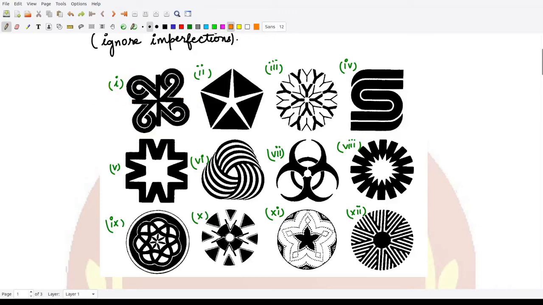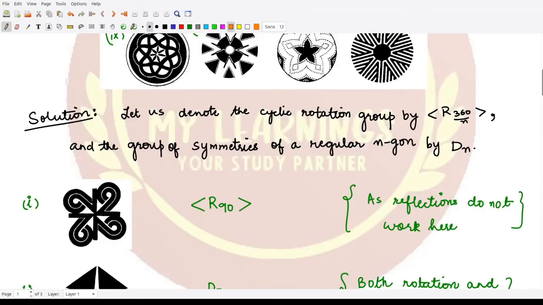What about rotation? If you rotate it like this by 90 degrees, again you will have the same design. Again, if you rotate it by 90 degrees, you would have the same design, and so on. So that means here R90 is a cyclic group, right, where we rotated by 90 degrees give us the symmetry